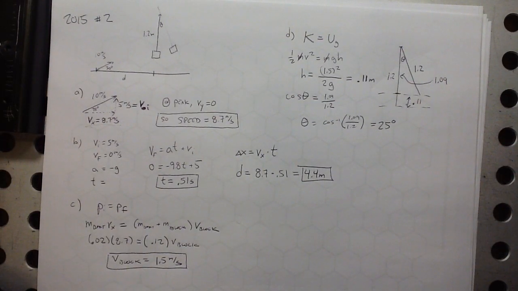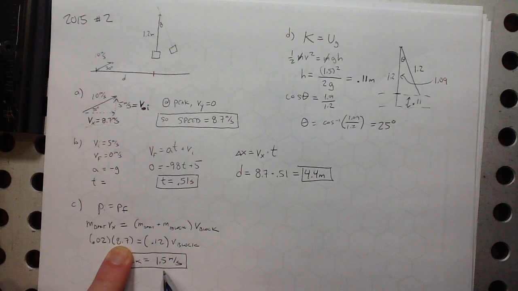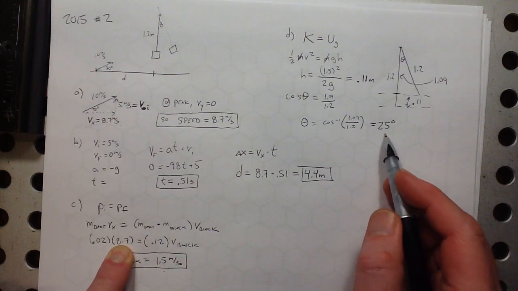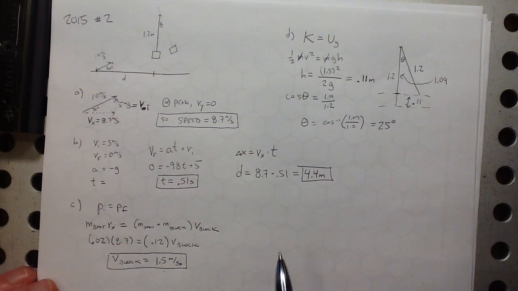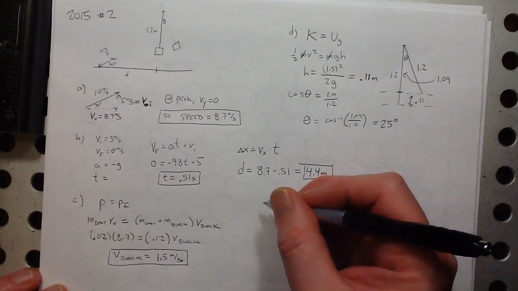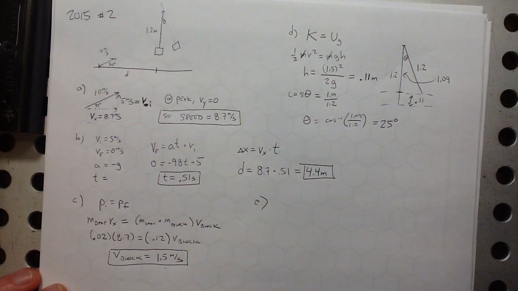I'm going to take a quick little peek at the scoring guide here and make sure that I haven't given you any bad information. Their answers are slightly different because they rounded this to 1.4 because I kept another decimal place here, and that made this come out to 24 degrees, but we're good, that's fine. Not a problem. And then part E,